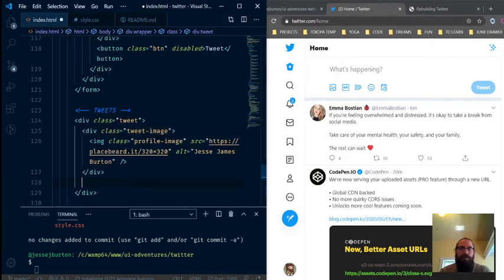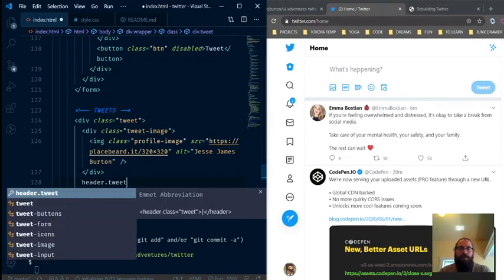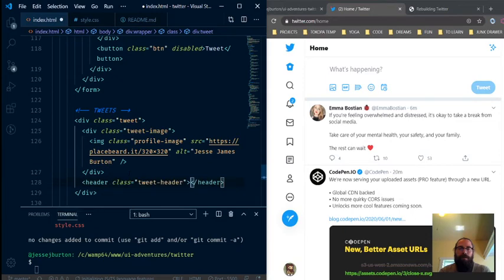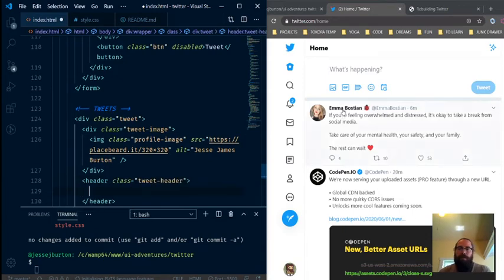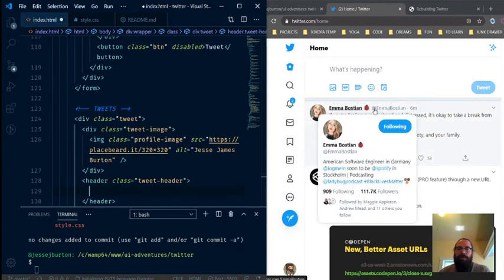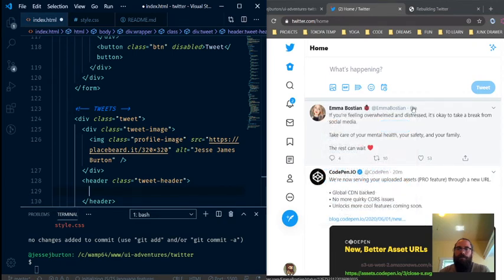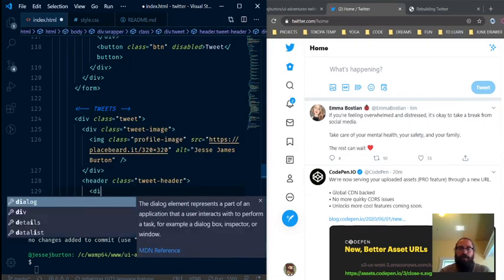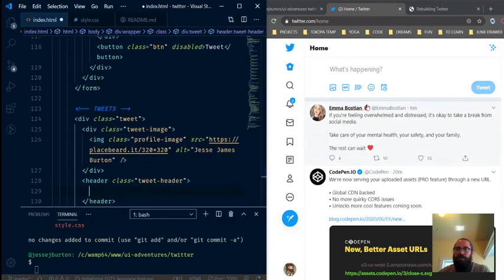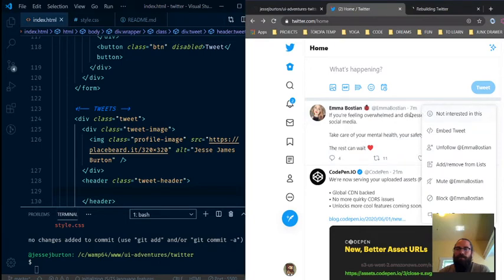I'm going to make this a header. So header dot tweet header. And this is going to be where the person's name is, their tag, when it was posted, so a number of minutes, and then this icon. So this whole first column will be this tweet header. And so in there I need a section for this left stuff, which is author info, and then this drop down